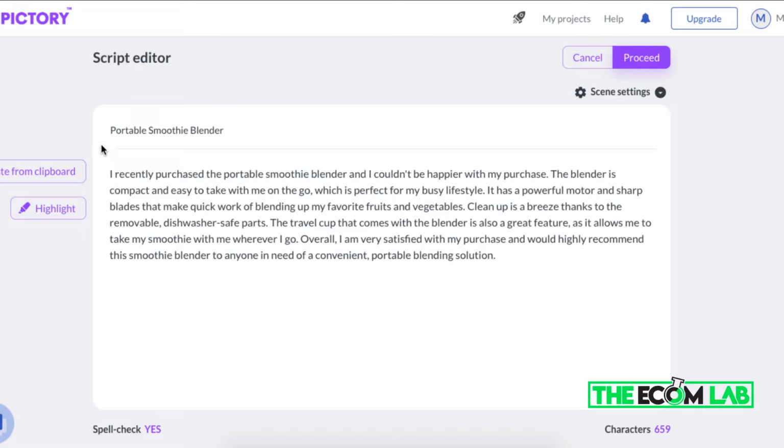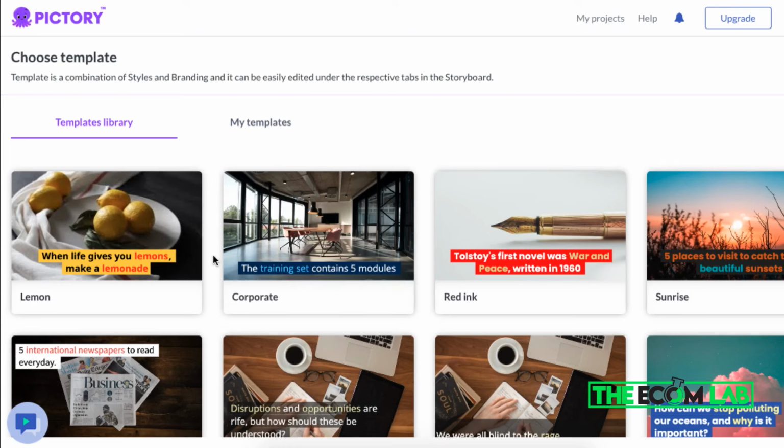And again, this is an automated tool that will do the work for you, to where you don't have to order the product at all. You don't have to create your own videos. This is literally an automated AI tool. So again, you are going to copy and paste this script from ChatGPT. Once you select proceed,